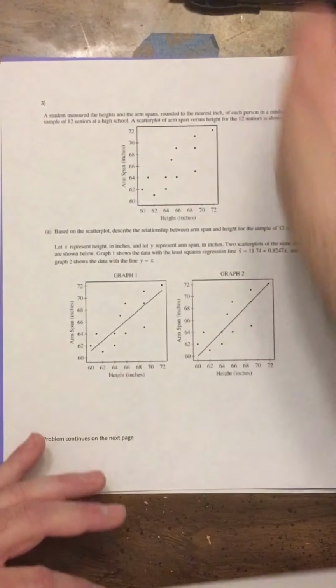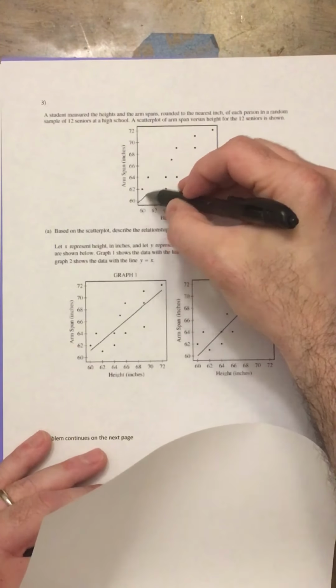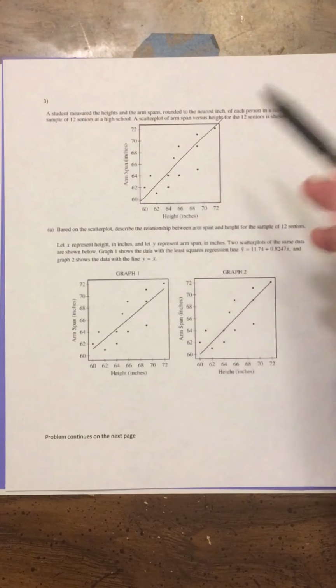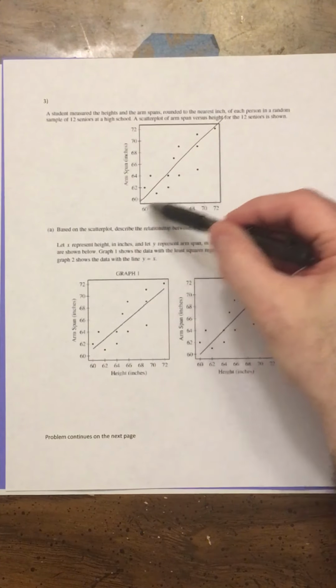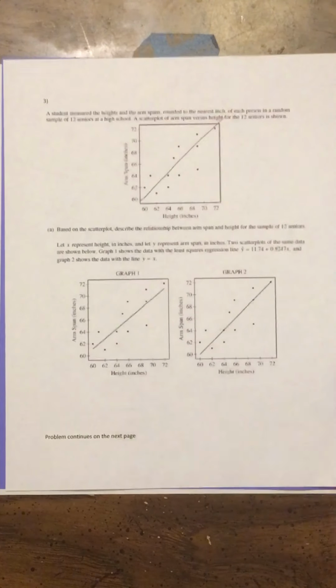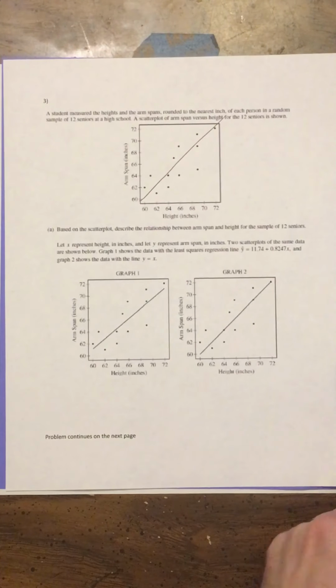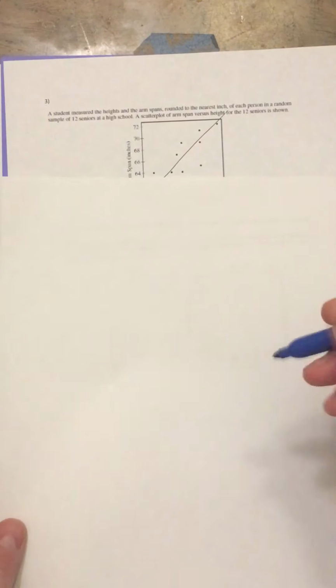So look, I would say it's pretty linear, right? I'd say the form is pretty linear. In terms of the strength, it's not that strong, I would say it's moderate, because even though the points are generally going up, they're spread pretty far out. So I would say it's a moderate linear relationship. And in terms of the direction, it's positive. So in this particular case, you want to say,